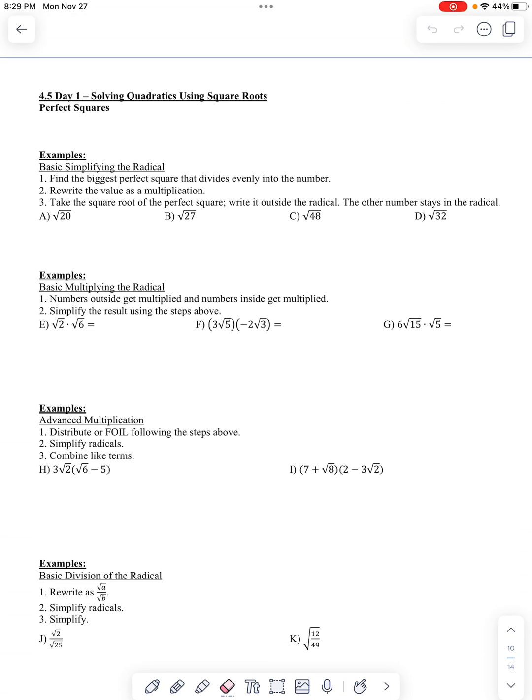All right, we're going to take a look at 4-5 day 1. We are still in chapter 4, believe it or not, and we are trying to solve using square roots,